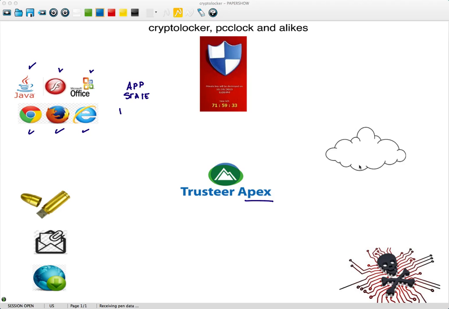And it is normally the case that when the exploit is going to be delivered, it goes against a state that is both dangerous and not valid. And Apex automatically blocks those. Apex may not even know that it is a CryptoLocker type of attack. You just know that the action being done is not a valid state and